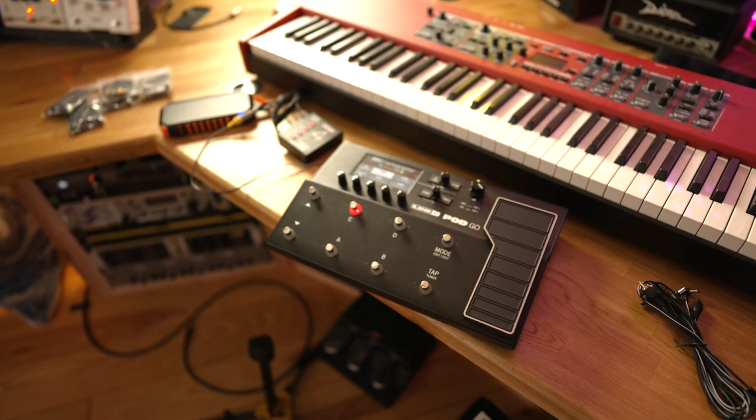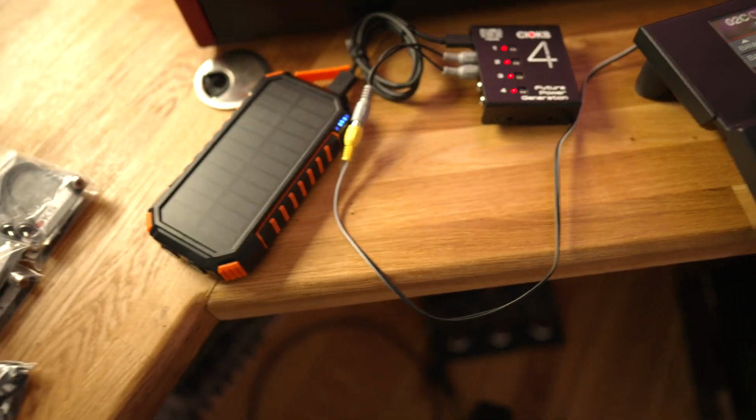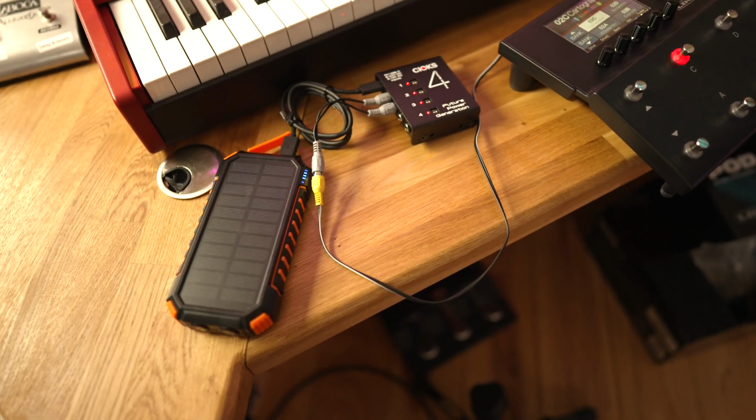Now, no mains power. You put a power bank on this, which, look at the B-roll there. I've had this on this power bank, which was full, for 2 hours now. 2 hours, Pod Go on this power bank. The power bank is down 1 little blip. The power bank is 100,000 milliamps. It is solar powered. I mean, again, desert island. Recharge it over the day, play the gig at night, and easily play a probably 4, 5, 6 hour gig off the grid. So the power bank is going USB-C into the 4, and the 4 with a 8800 cable,